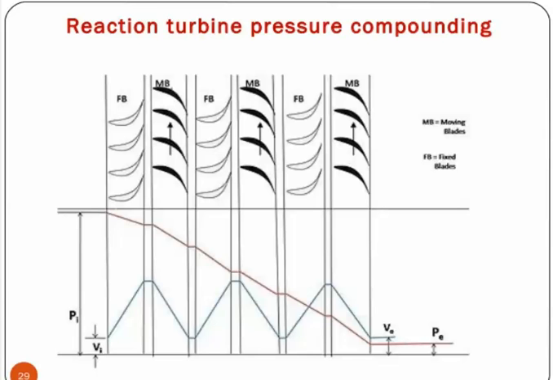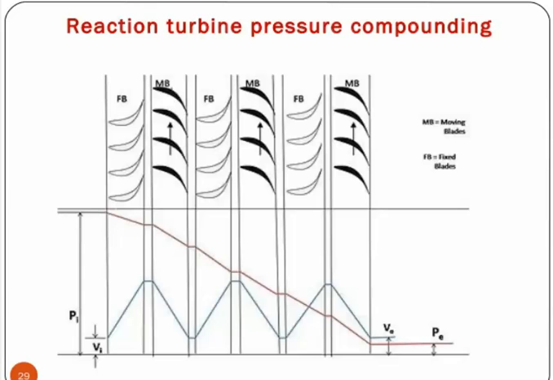As explained earlier, a reaction turbine is one in which there is a pressure and velocity loss in the moving blade. The moving blade has a converging steam nozzle. Hence, when the steam passes over the fixed blade, it expands with a decrease in steam pressure and an increase in kinetic energy. This type of turbine has a number of rings of moving blade attached to the rotor and an equal number of fixed blade attached to the casing.